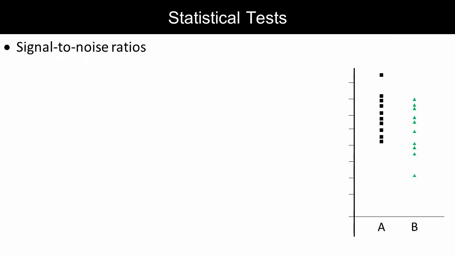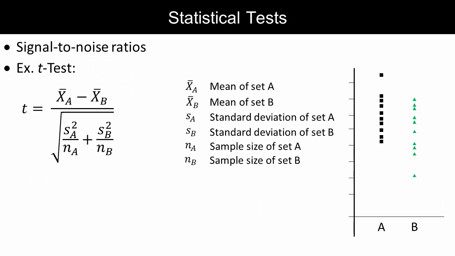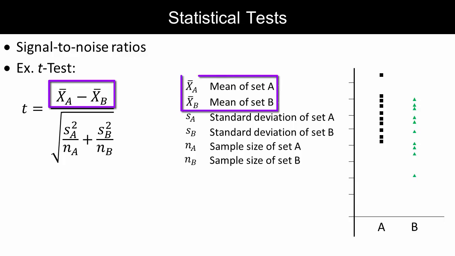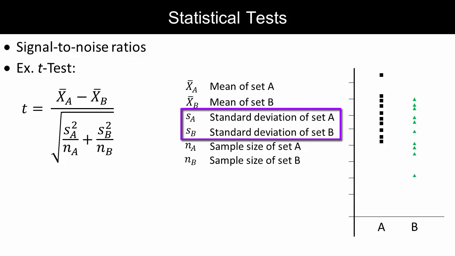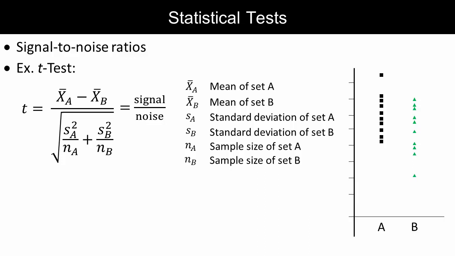The statistical tests we use are signal-to-noise ratios. For example, this is a formula used for a t-test, a test we'll learn more about in the next video. You won't have to use this equation yourself. I'm just showing it to you to illustrate a point. The numerator for the equation is the difference in means, our definition of signal. Standard deviation, a measure of noise, is part of the denominator. So this equation is literally a ratio of signal to noise. The higher the value of the t-statistic, the more likely the difference in data is due to the independent variable